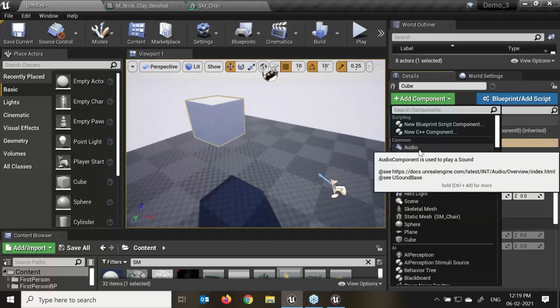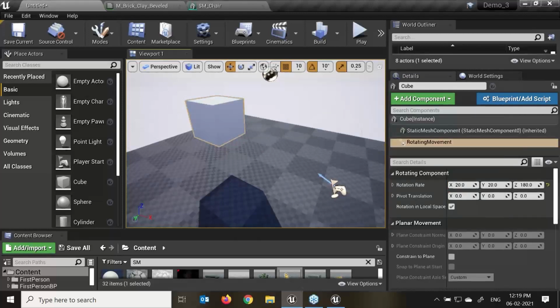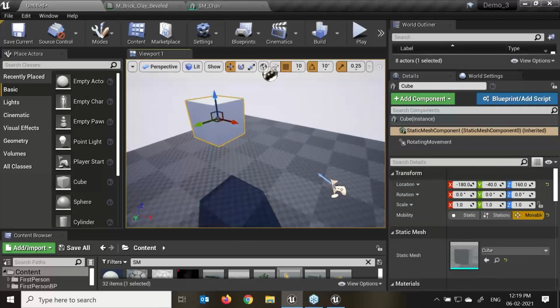For example, when adding a component to an actor, the cube is my actor. We are putting everything together to make the actor a whole that will be placed in our level. For example, the wheels on a car, the steering wheel, the body of the car, and the lights would all be considered components, where the car itself is the actor, right?